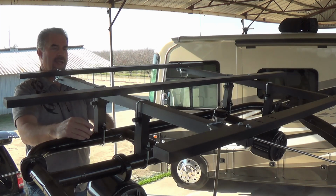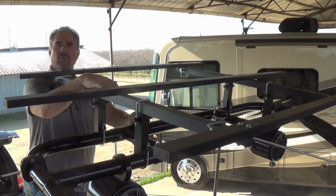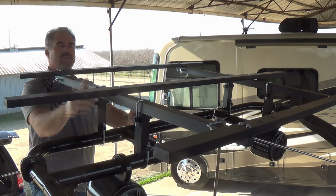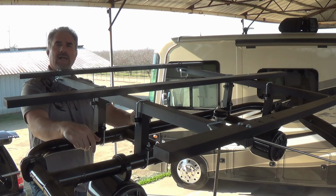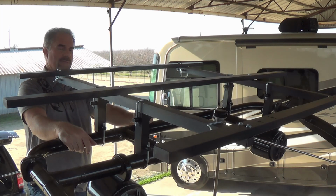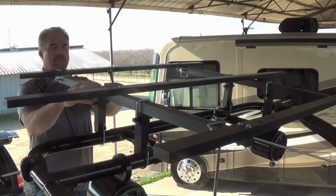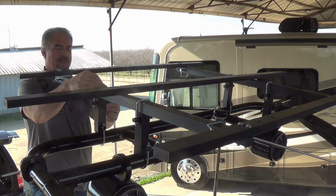Okay, so we're going to go ahead now. If you're going to scratch your rack, this is the time that's going to happen. So just be careful when you work with your tools. Try not to hit the edges because these can be a little sharp and they could definitely dig into the coating. So we're going to make sure that our square U-bolt is perfectly centered, and then I'm going to go ahead and I'm going to start